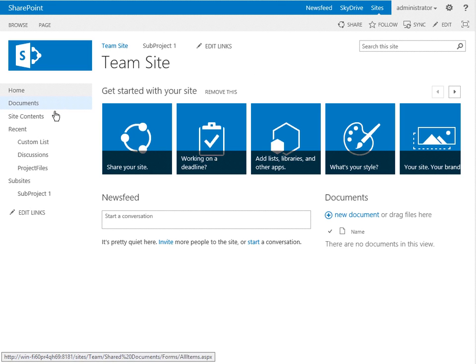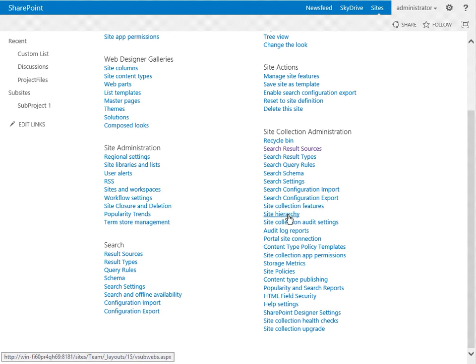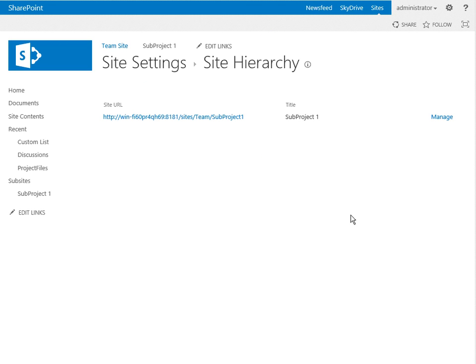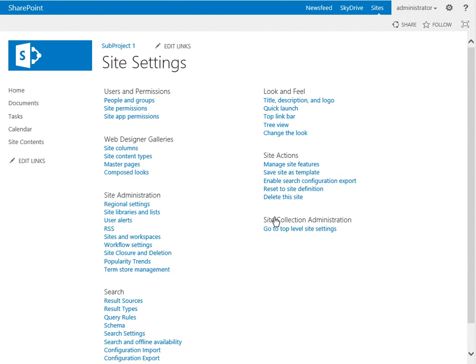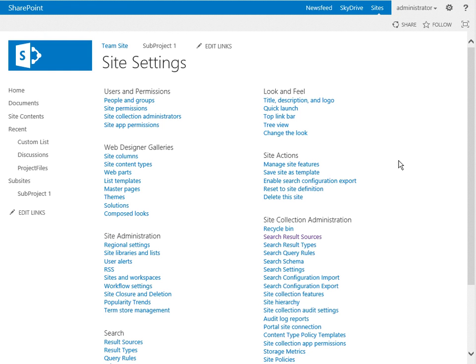So let's go back to our site contents, our settings, and then our hierarchy. And now you can see that we've actually got our subsite here, our subproject, where you can see what's going on and go directly to manage that. We'll go in, and if I want to do this, I've got my standard site management options, but what I don't have is the site collection. It's telling me I'm not at the top level, so I need to go back up to be able to